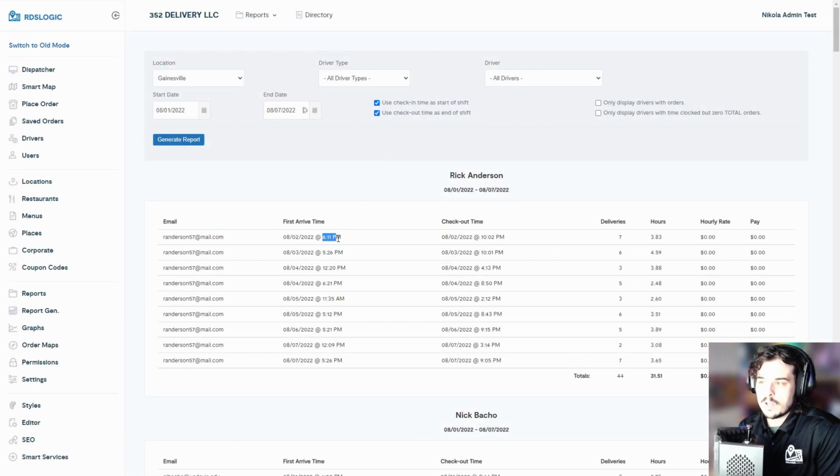So we had 6:01 and now it's 6:11. Then we had 5:05, now it's 5:26. And what this does is basically take the first arrive time, so the first order they got, and then it's going to take that time instead of when they actually checked